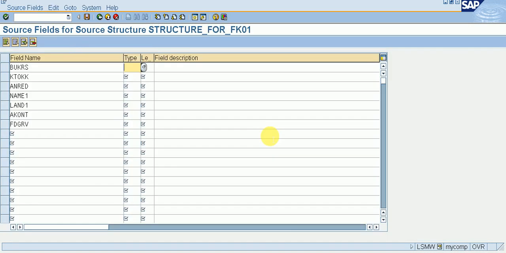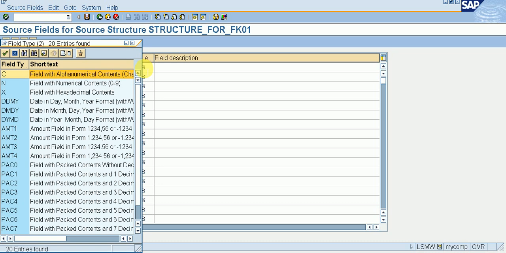Why C? Okay, I can show you what I have a type. C is for fields with alphanumeric content. So I have alphanumeric content, so I take C. If I have any numerical contents, I need to take N. Okay, for date, month, year format like this, I will take like this.